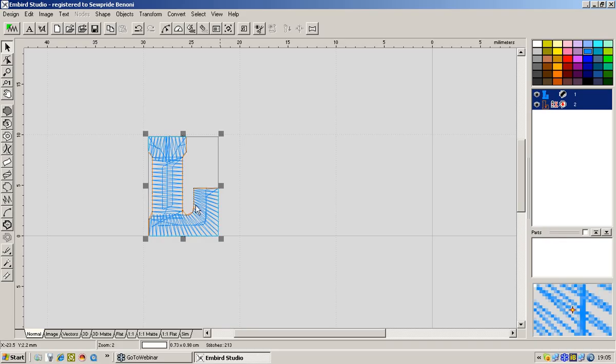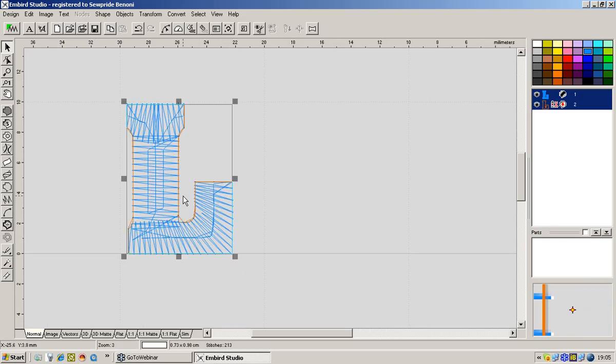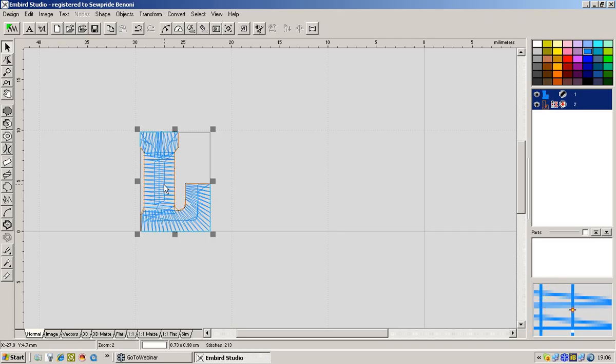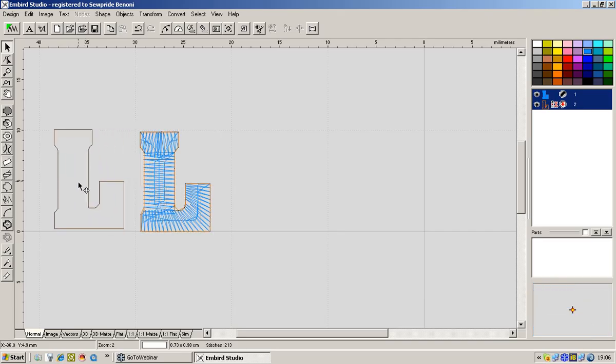Right, we're talking about underlaying as a start off. So if I zoom in, you can see the actual underlay that we've got there under this design. You see that? That little stitch line that's running there, going up and going into the corners. That is the standard that the program will give us by default. So if we want to do a better underlaying,